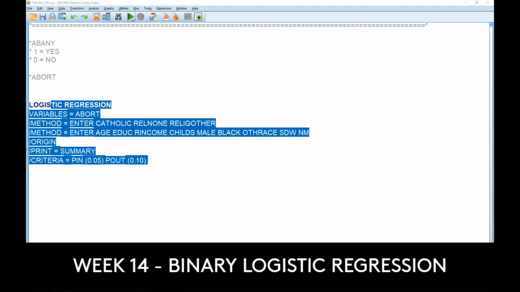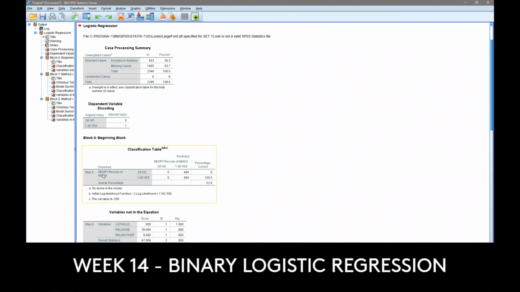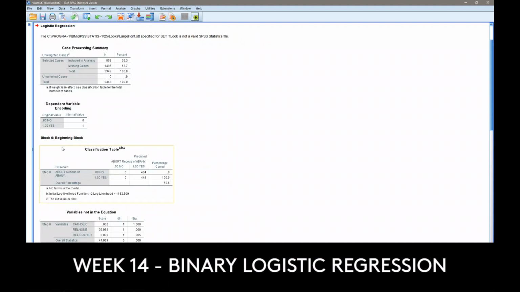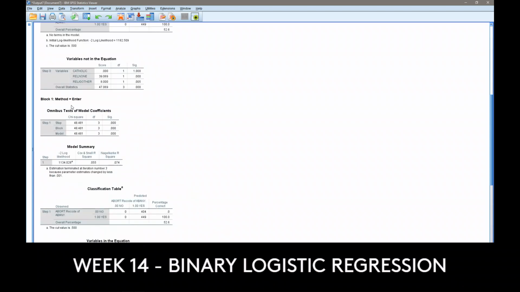Let's go ahead and run the syntax, and I will warn you that the output for binary logistic regression is kind of scary and intimidating, but I'm going to just cut to the chase and tell you exactly what you need to look at, okay? Because there's a whole bunch of stuff that is extra and that you don't really need to pay attention to, okay? Now, the first part that you want to jump to is this block